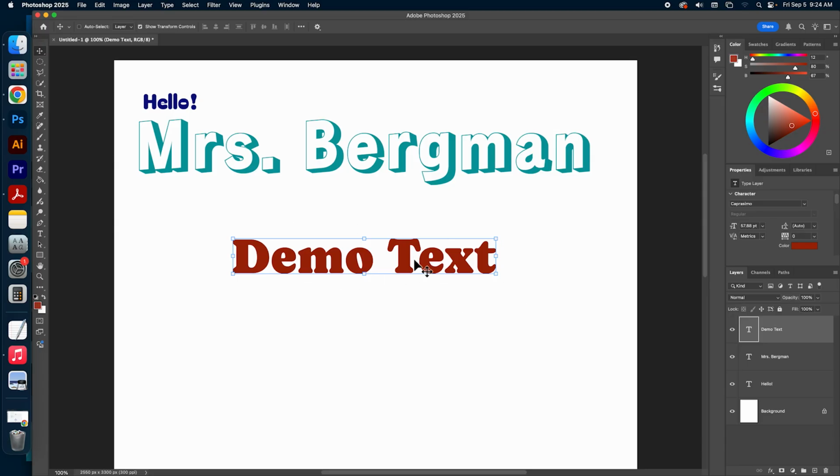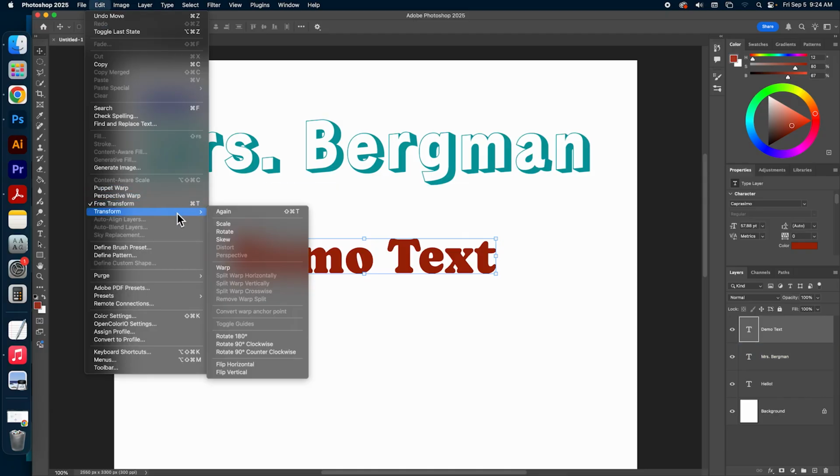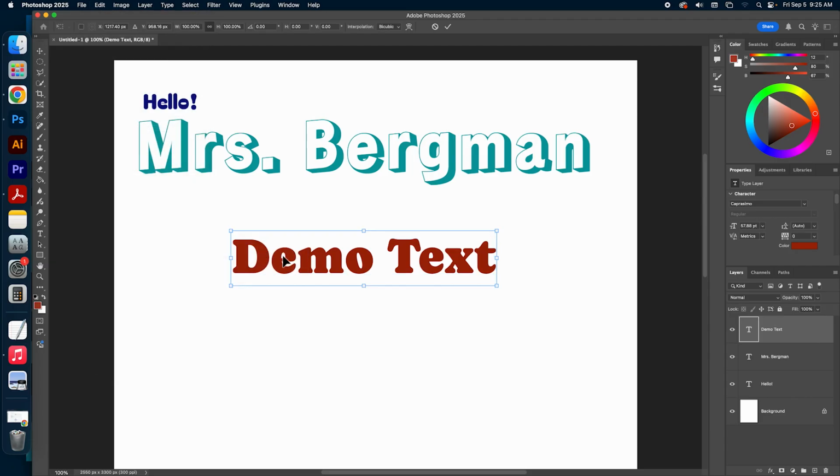So here is some basic demo text. I have two options for doing some kind of transformation editing to it. I can use edit, transform, and our transform options like scale, rotate, skew, and warp. Let's do skew.